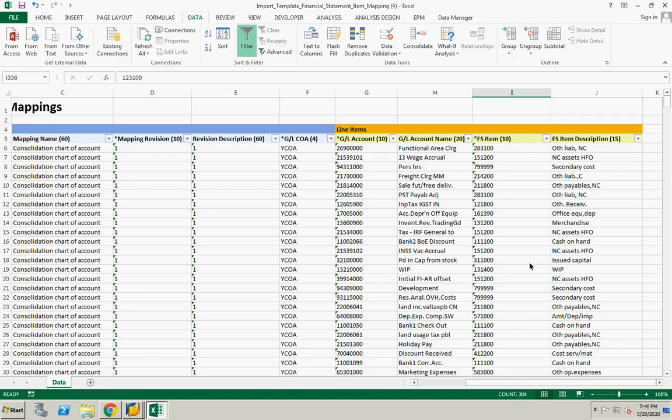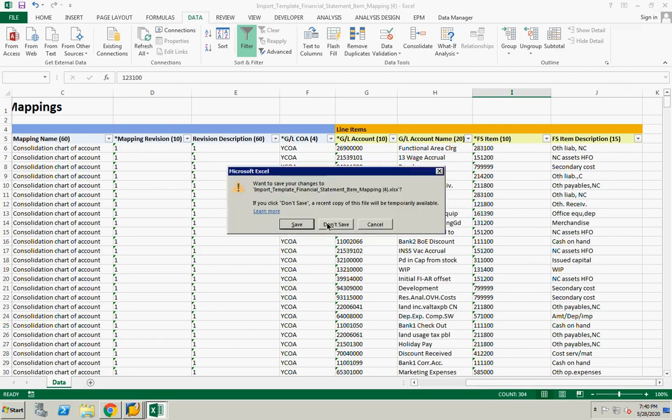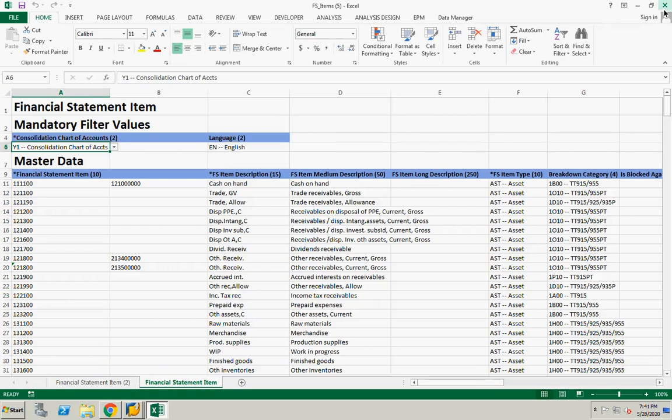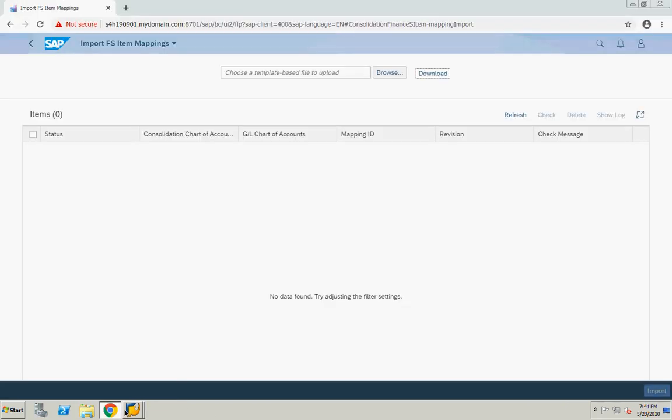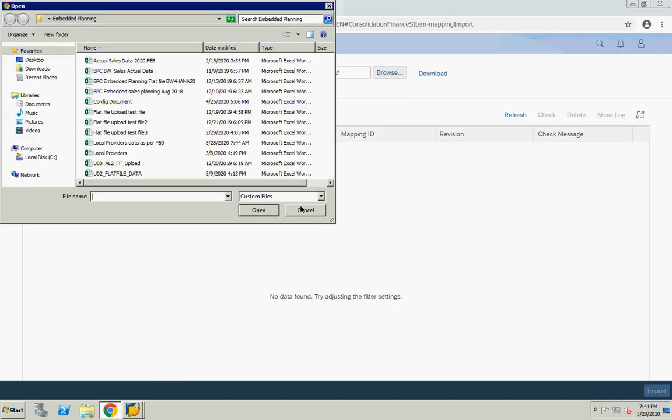Because of this, most of your reconciliation issues, when you reconcile ACDOCU data to ACDOCA or ACDOCU data with your non-SAP data, this is where the problem comes. So once your mapping file is perfectly maintained, you will not get that many reconciliation issues. Once the mapping is done, this file will be loaded here. So you can browse and load that particular mapping file.